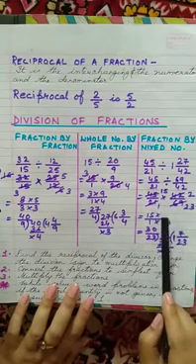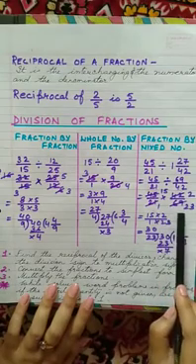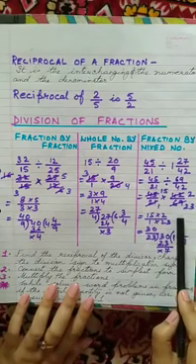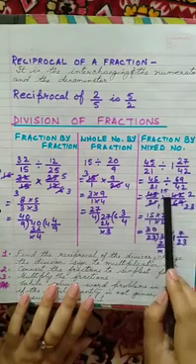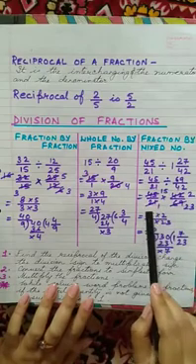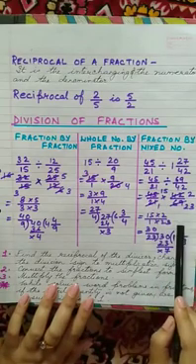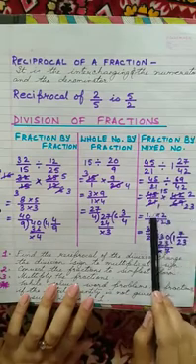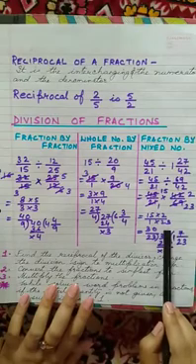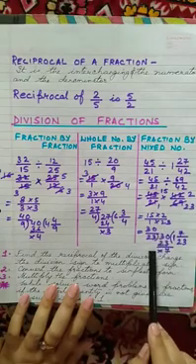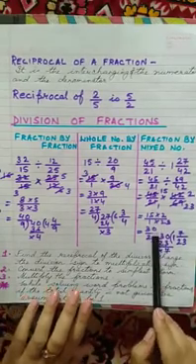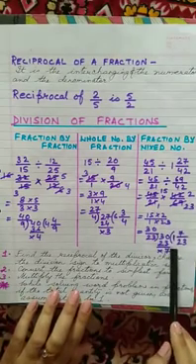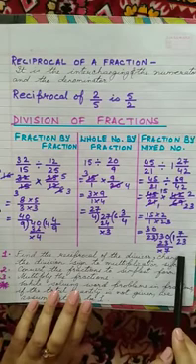Now you have to remember, students, this cancellation will be easier for you as you practice it day by day. It will be easy for you. You can cancel with the lowest number or you can cancel by any common factor. Now we multiply the numerators 15 into 2 and the denominators 1 into 23. So 15 2s are 30 by 23. Again, improper fraction, so we change it to mixed fraction and your final answer is 1 7 by 23.